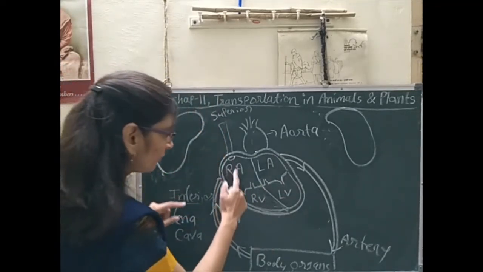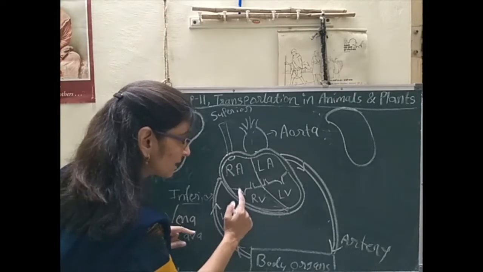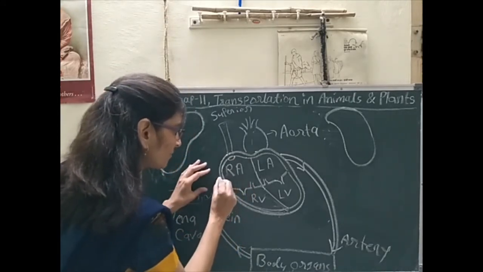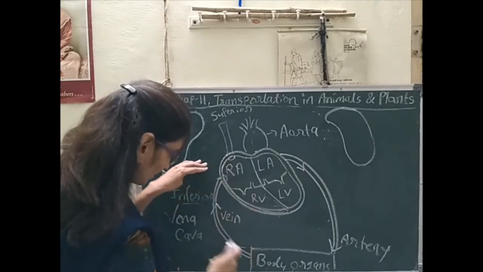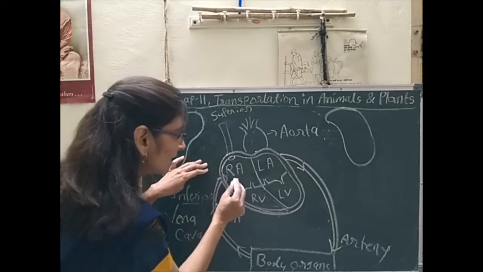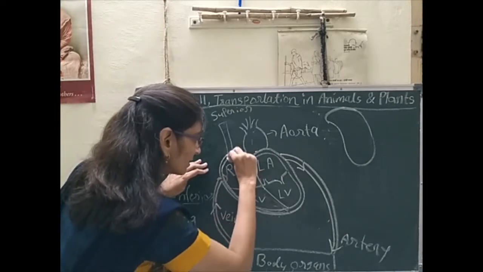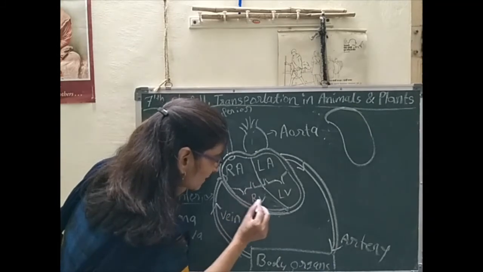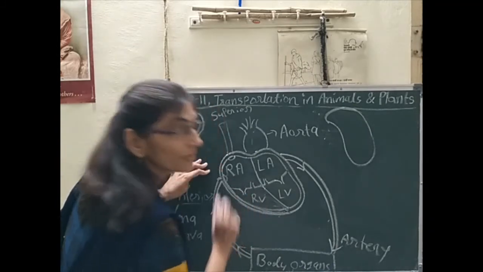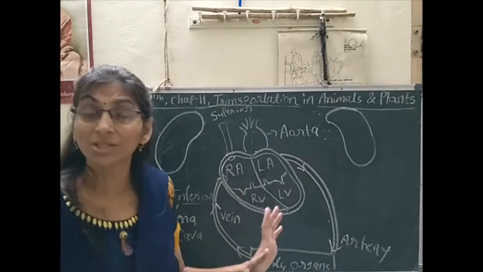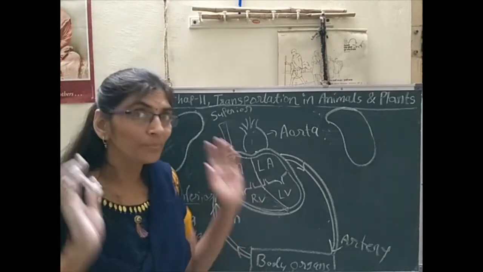side. So first wall is tricuspid wall. It allows deoxygenated blood, which is carried by inferior vena cava and superior vena cava, into the right auricle. Then the deoxygenated blood is allowed through this tricuspid wall towards the right ventricle. And from that right ventricle, now the deoxygenated blood wants to be purified.